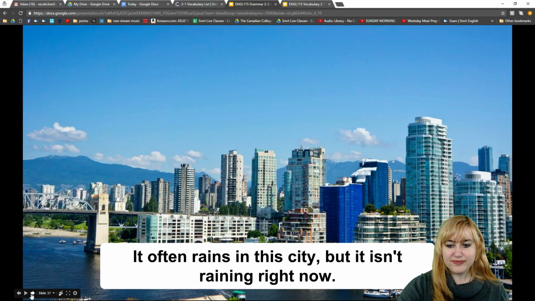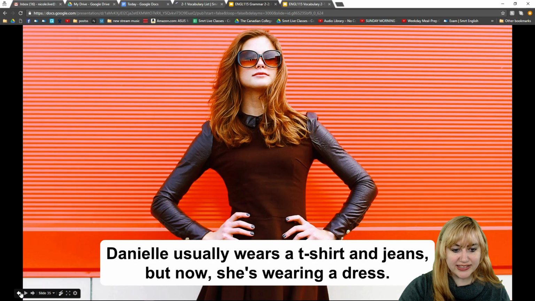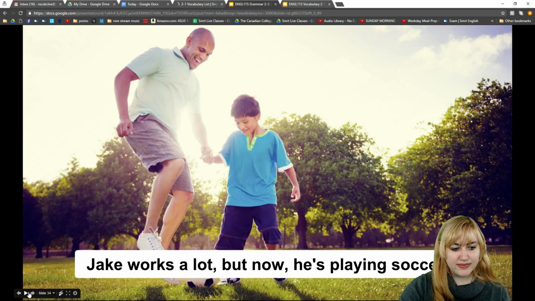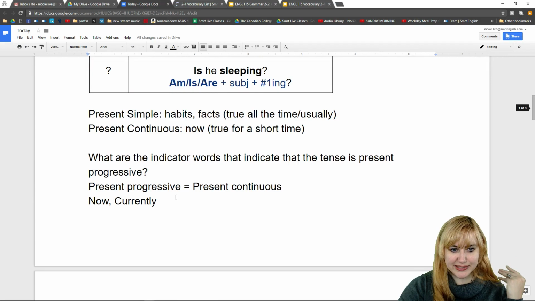All right. One more example picture. It says here, it often rains in this city, but it isn't raining right now. So it often rains in this city is talking about what usually happens. And then it isn't raining right now is talking about now or today. So you see this word often? And in the last one we had always, and then usually. Okay, and then here we said a lot. If you remember from last week,